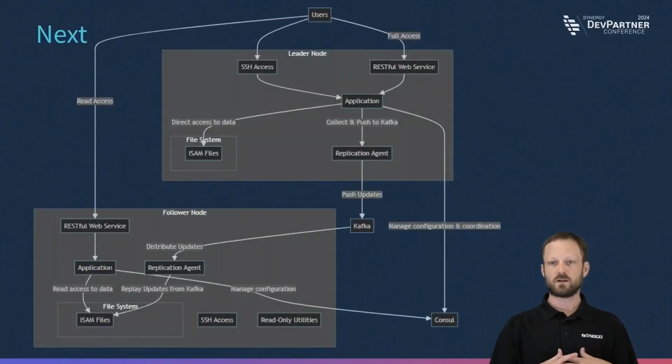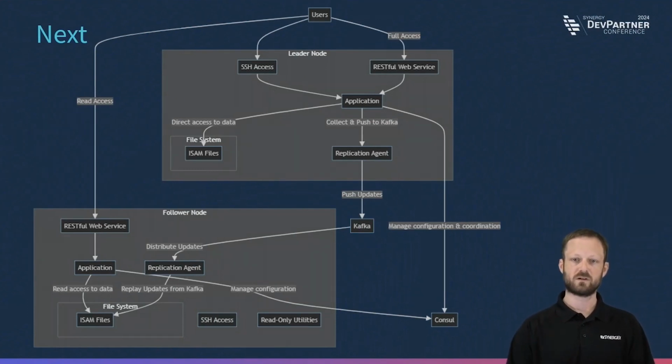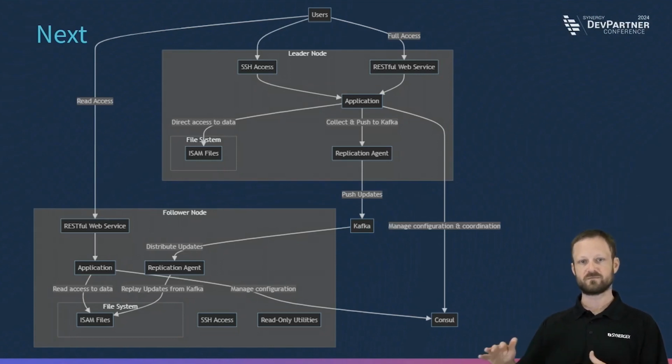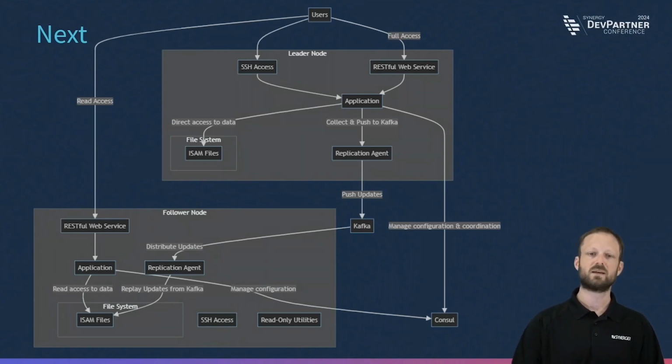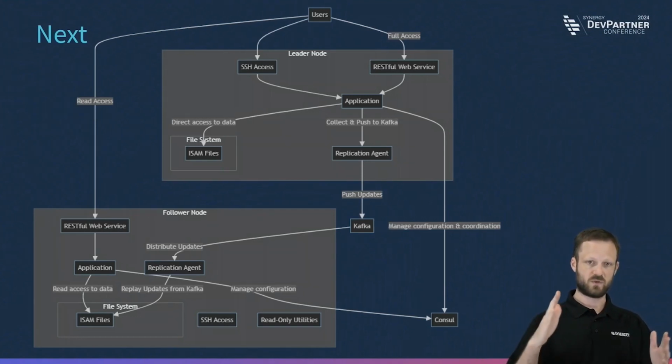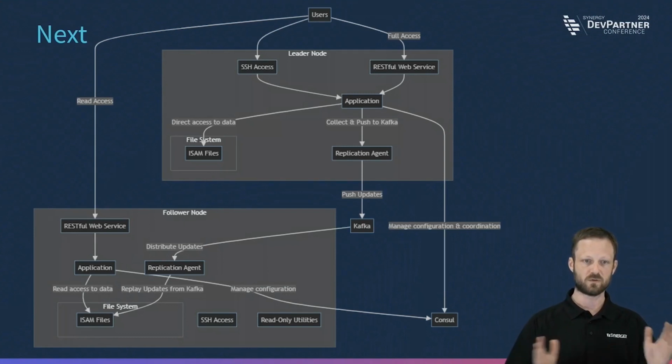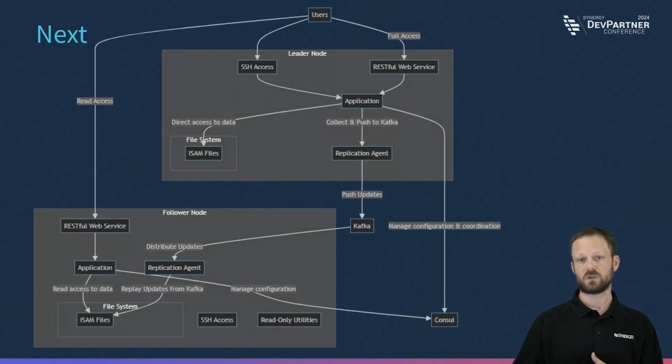So our next mode, this is our intermediary step, if you're just coming into this from a single node. We want to end up with users who have full access to their RESTful Harmony Core web service. It's running on the leader node. So if they need to do write operations or read operations, it doesn't matter. It's going to work because they're on the leader node. So you might have to do some kind of routing there between the users and the leader or the failover, because only certain kinds of requests can be serviced by whoever is currently in the lead.